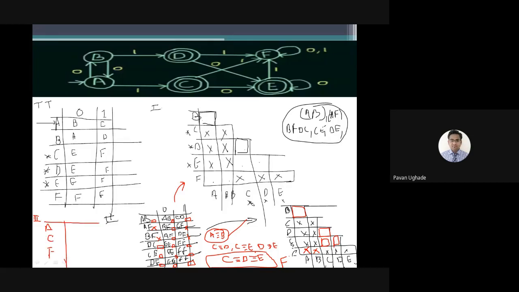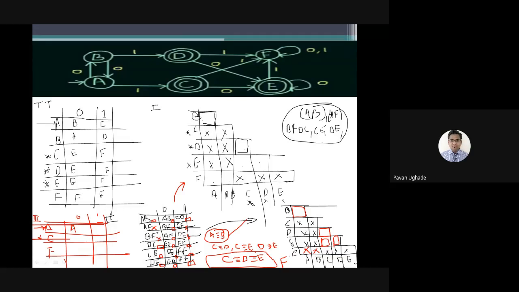Okay, now I'll make my final transition table over 0 and over 1. Now what is the initial state? Initial state is obviously A or B. What is the final state? It is C, my final state. Okay, so A over 0, what was A over 0? It was B, but B is not here, so it will be A only.